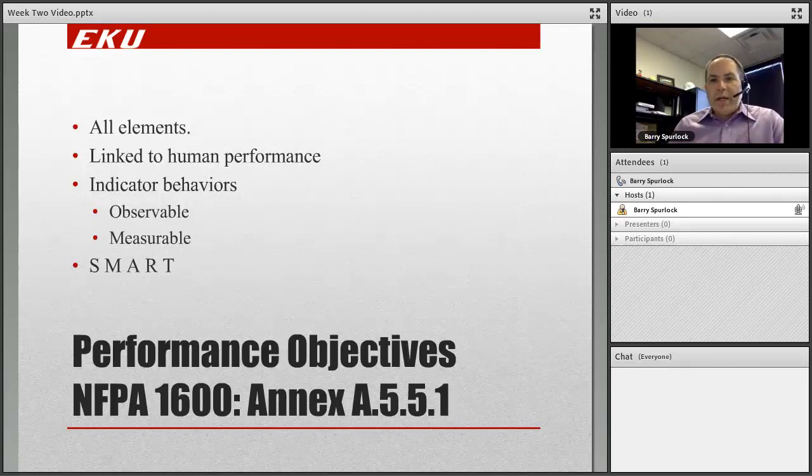Measurable objectives do not simply mean a yes, no, present, not present checklist, which is somewhat contradictive of the self-assessment instrument you will find in the annex of NFPA 1600. But keep in mind that self-assessment is not portrayed as a measurable objective. It might be a starting point to developing those, but in and of itself it's not. Measurable objectives